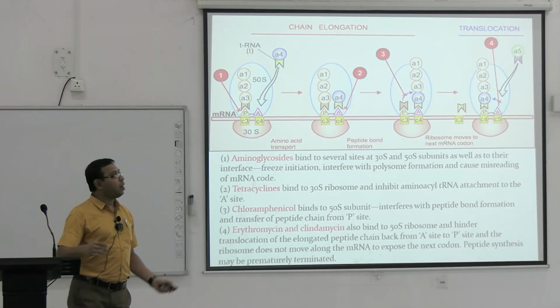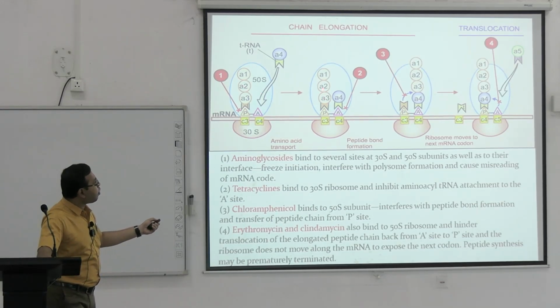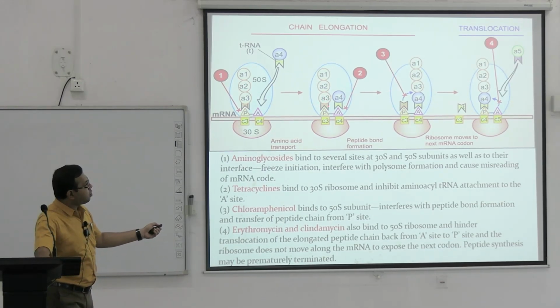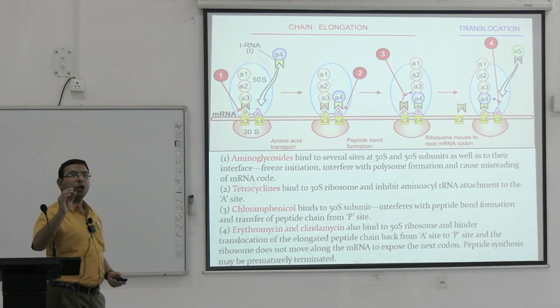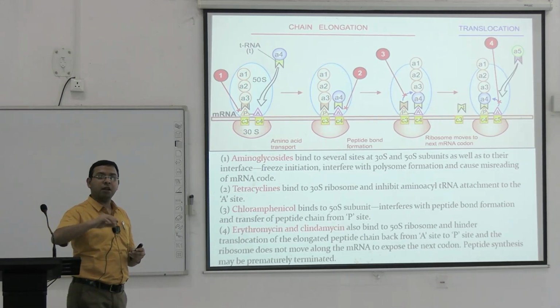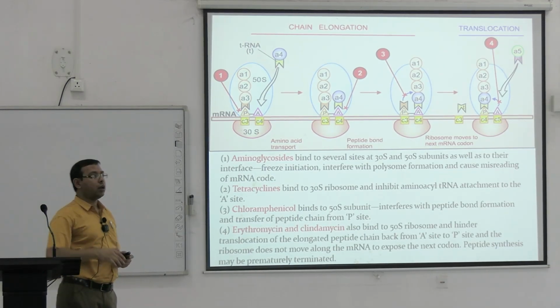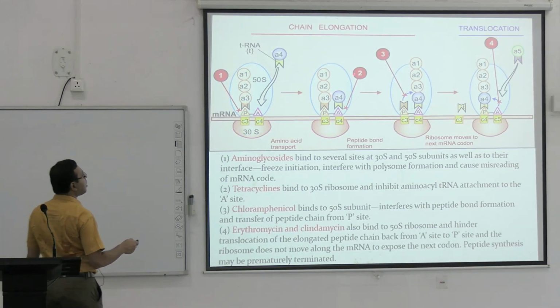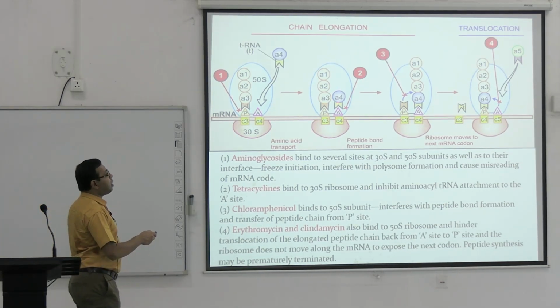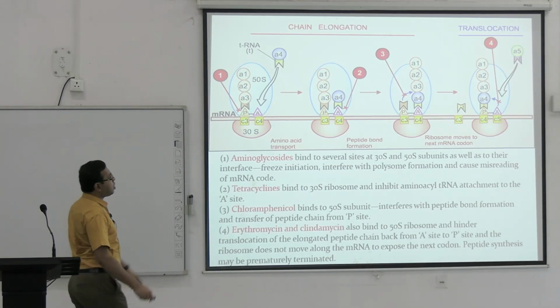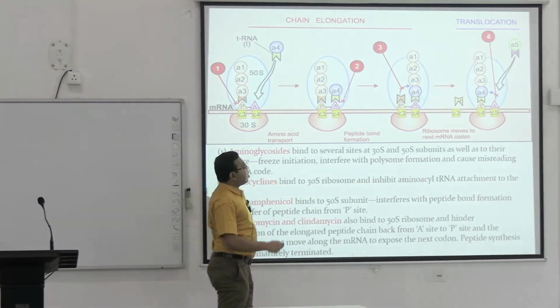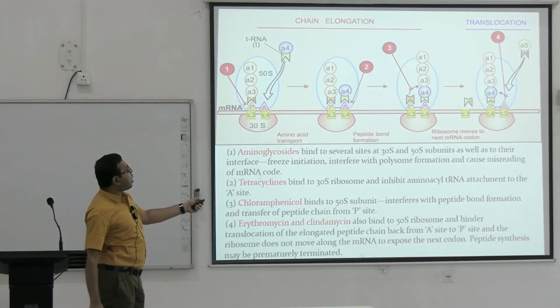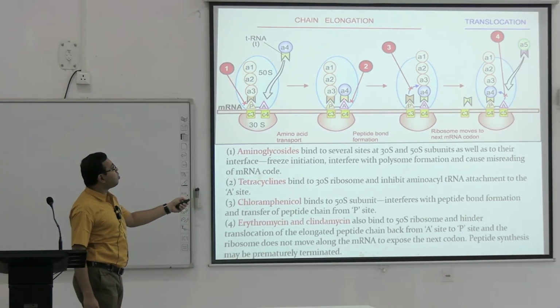The ribosome takes a new peptide, this attaches, and ultimately the transfer of the peptide chain from the peptidyl site to the acceptor site happens, so that the P site will be free, and again a new aminoacyl tRNA comes and a peptide molecule is attached to the previous peptide chain, so that the peptide chain continues growing. So ultimately, tetracyclines, you can see this is the tetracycline. They bind to the 30S ribosomal subunit, binds here,